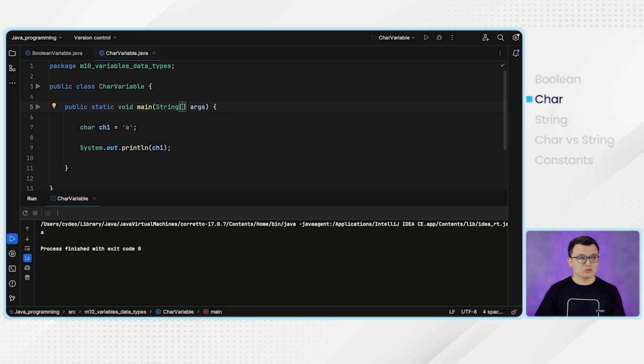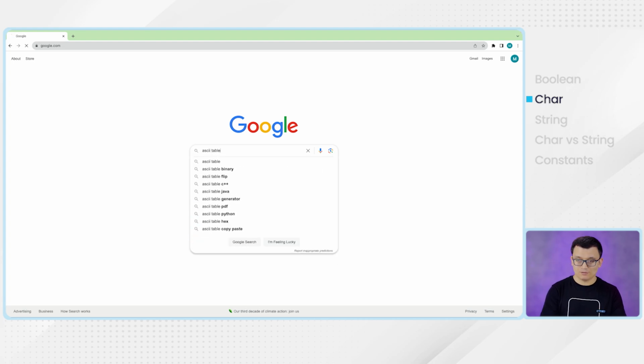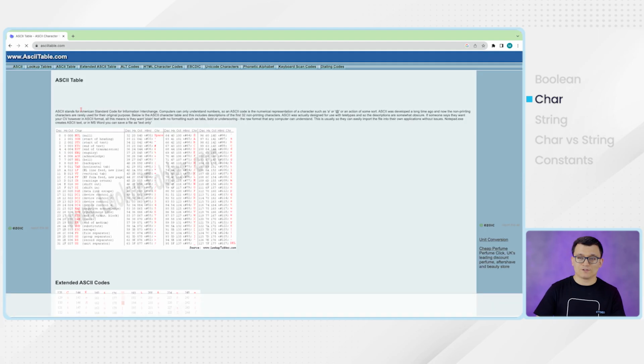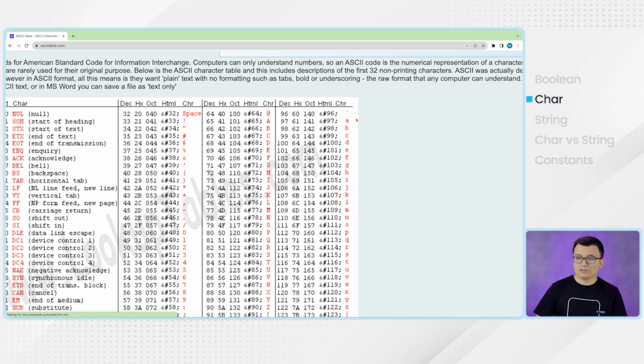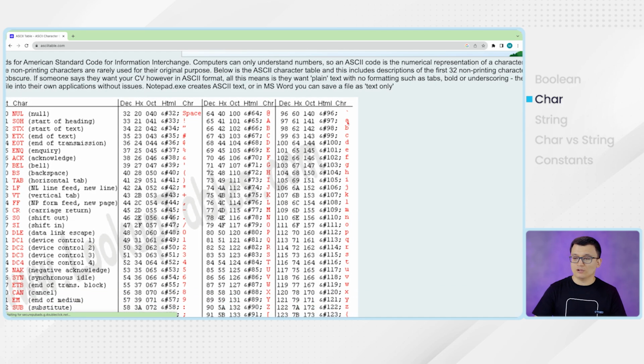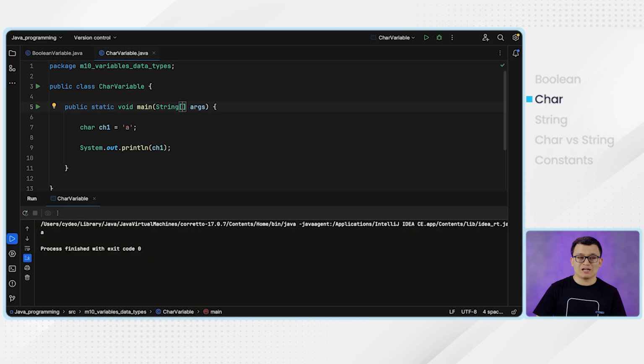In this case, you would need to go to the ASCII table. Okay, let me open Google and search for the ASCII table first. By default, the first link is the ASCII table. So you see, on the ASCII table, the lowercase character a has the decimal number 97. Okay, so this lowercase a character, I could also get by using the